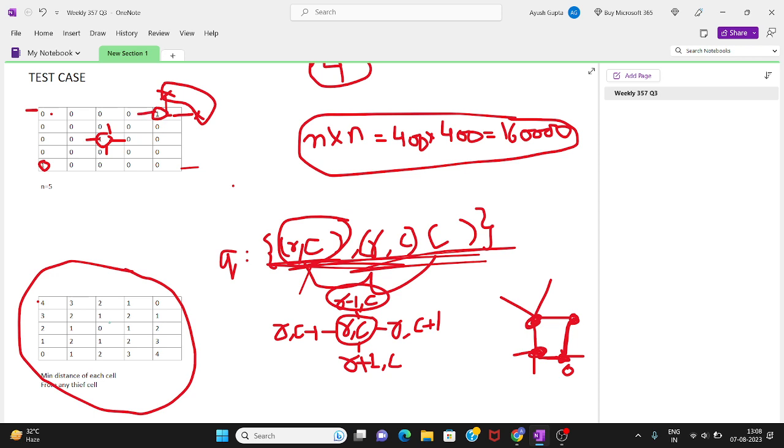And from here we will go to these positions, and from here we will go to these positions. So it must be clear to you that all these cells which are immediate to the thief cell will take only one step. They are only one unit distance from the thief cell. So we will mark them as 1. We will mark all these cells as 1.